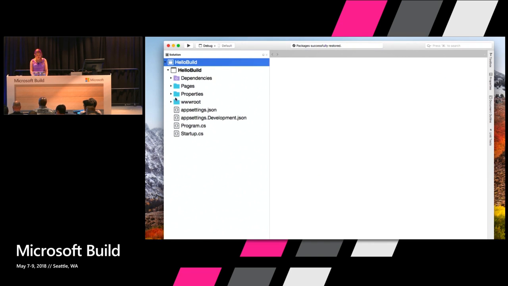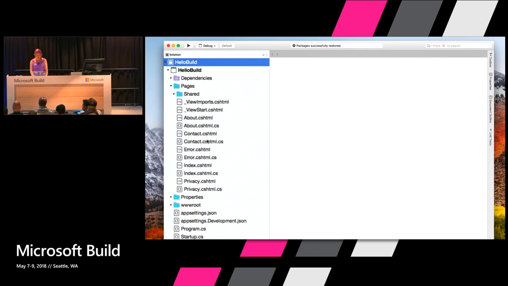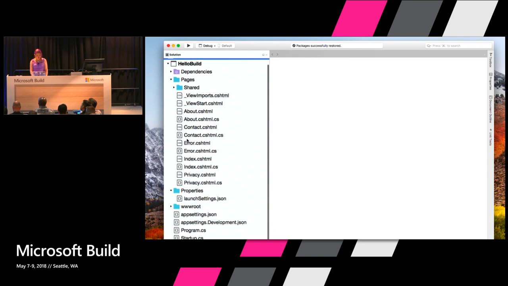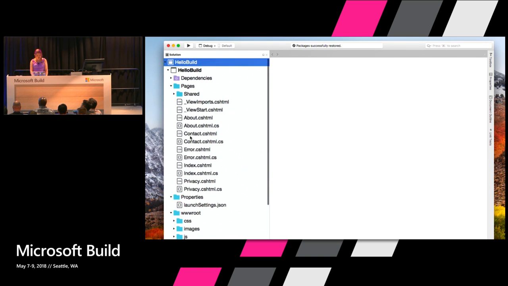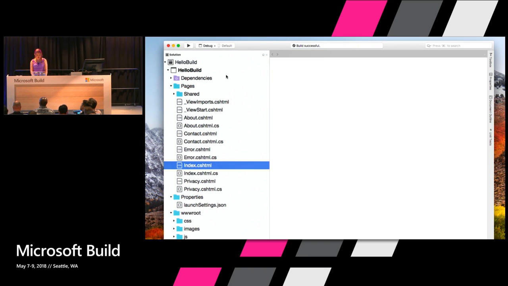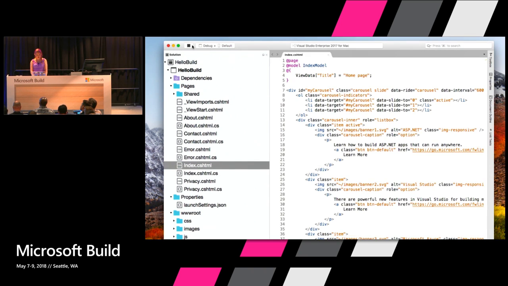So here we have our project. You can see it has all the Razor here, we have our Razor views, we have our JavaScript and CSS, and so on. And it's fully restored. So if we build and run,